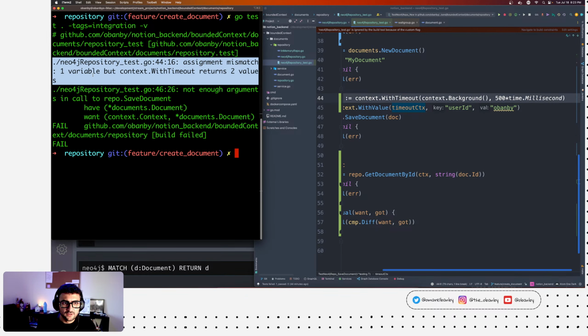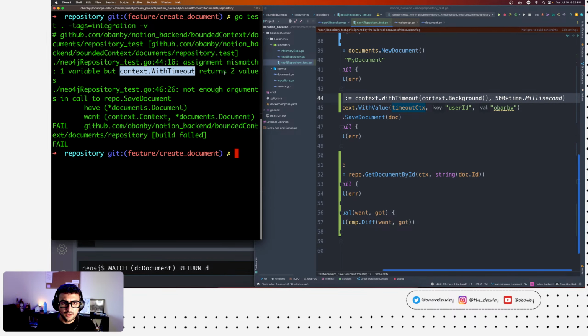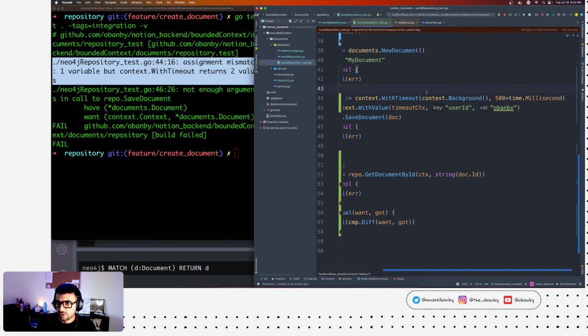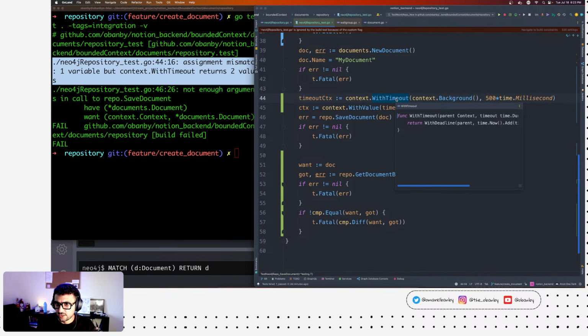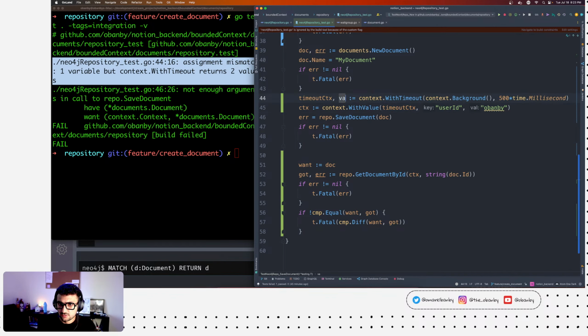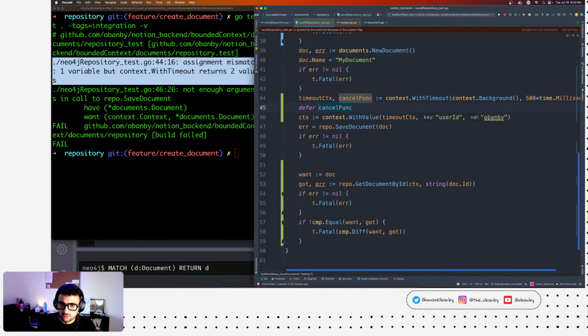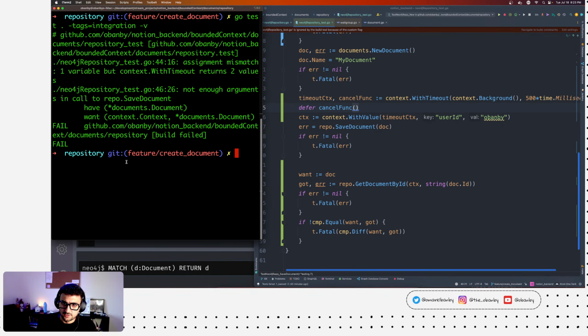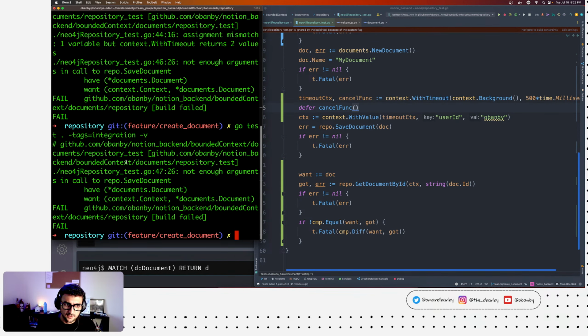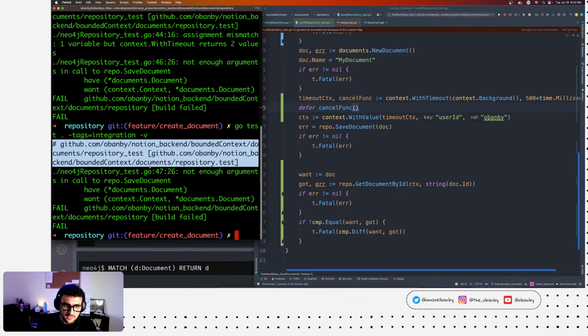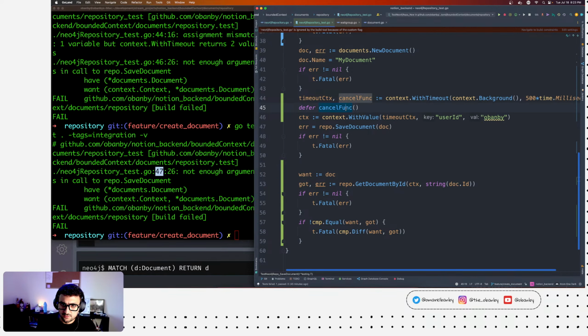Assignment mismatch, one variable, but context with timeout returns two values, right? Which is the cancellation, correct? Yeah, the cancel function. Cancel func. And you can call defer cancel func. What else now? Line 47.